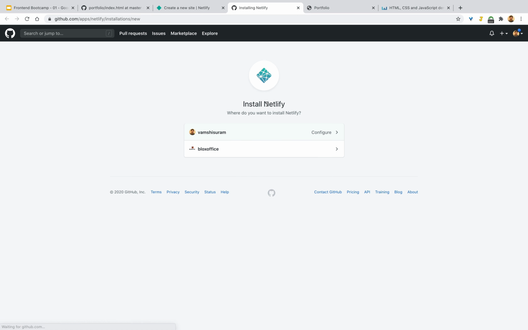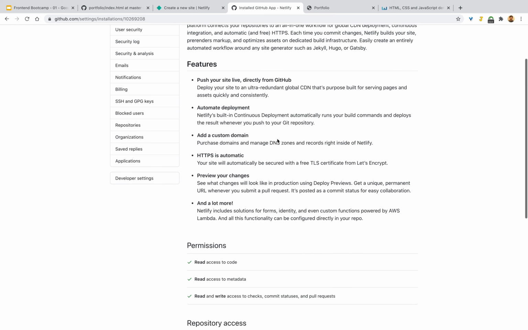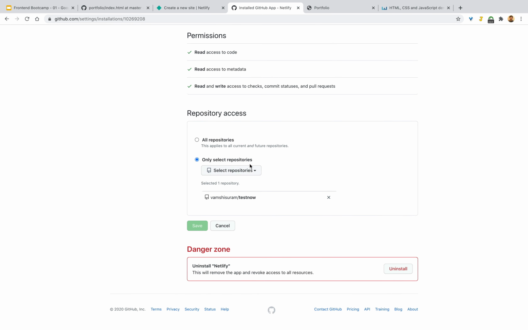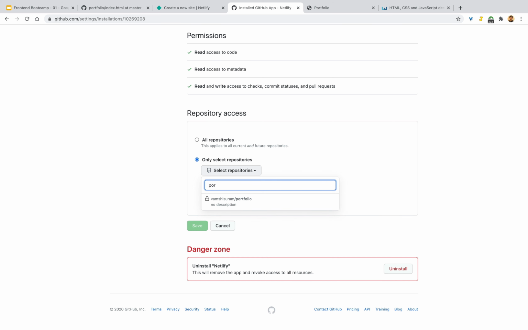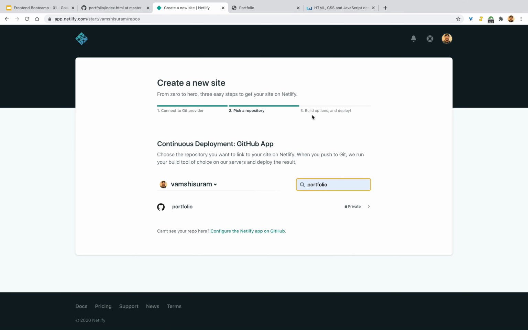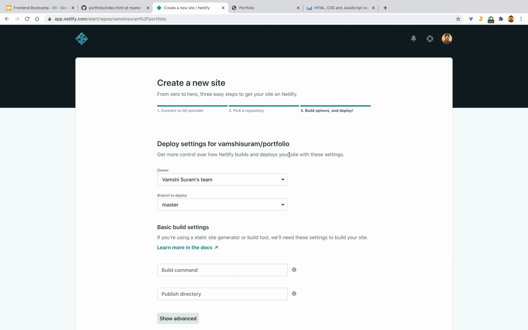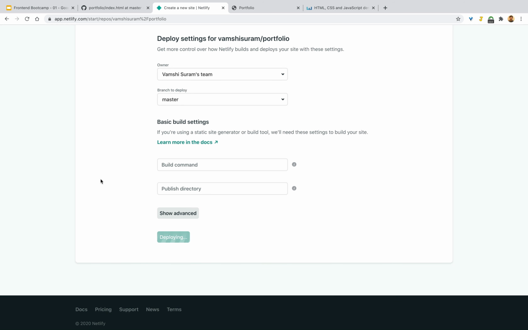Configure Netlify and GitHub. What we are doing here is we are basically giving permissions for Netlify to access this repo. That's all. You just deploy the site.